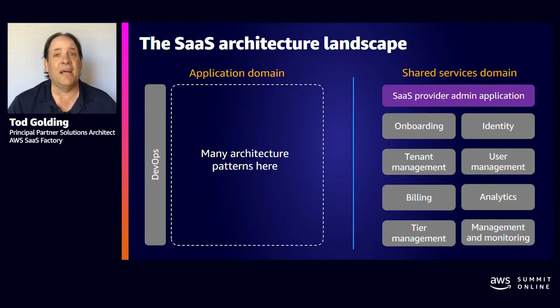Now, on the left-hand side, you'll see we have what I call the application domain. And here's where most of what we're going to talk about is, on this left-hand side, which is how do I actually build a SaaS application, and how does it look different if I'm building it maybe with EKS versus in a serverless SaaS model or an ECS or some other pattern. So for our purposes, we're really going to think about what are the different patterns that can appear in this left-hand side and how do they interact with these shared services potentially.